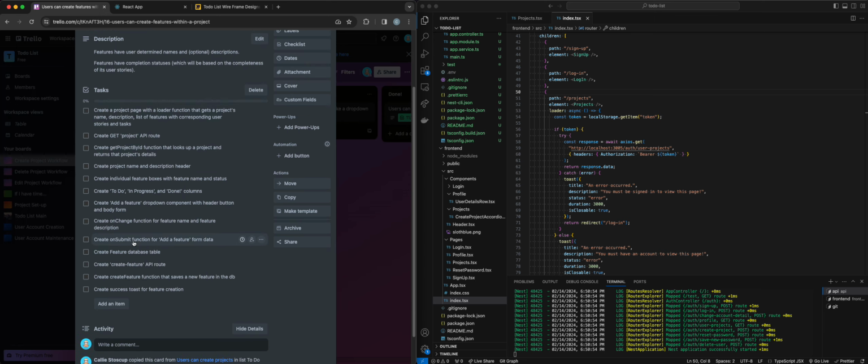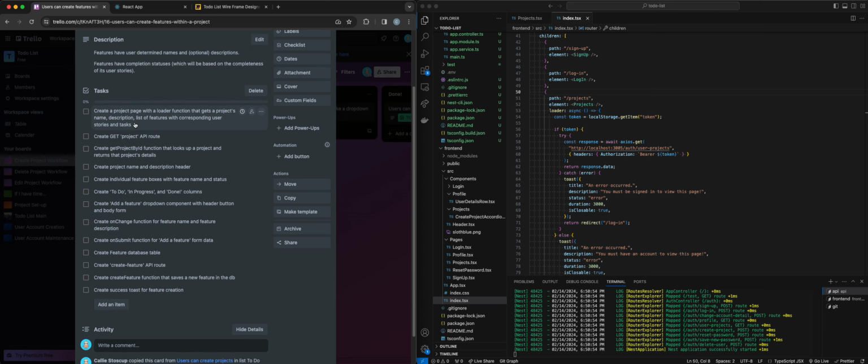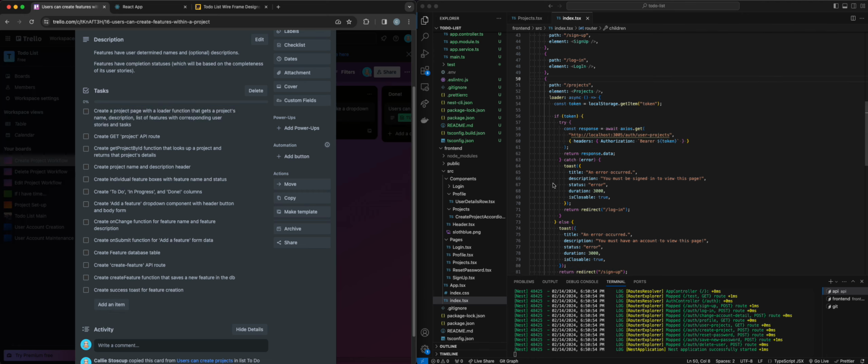All right, so we have quite a few developer tasks here, so we are going to get started. We want a project specific page with a loader function that gets a project name, description, and list of features with a corresponding user story and tasks. We don't have the features, user stories, or tasks quite yet, but we will. So what we need to do is add